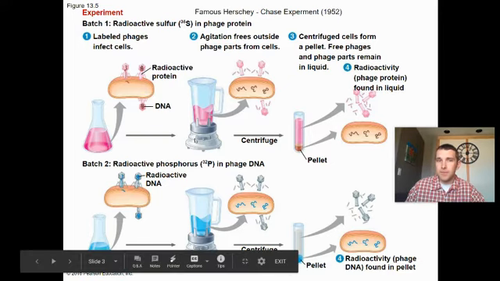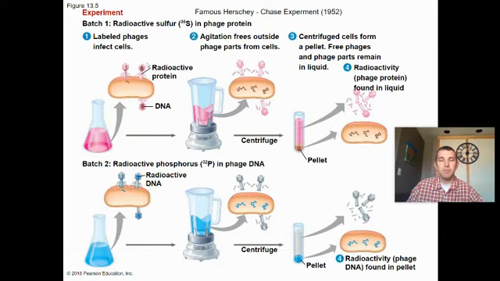So what they were interested in is there was, at the time, a big scientific debate about what it was that passed down the genetic code from one organism to the next. We knew about genes, we knew about Mendel, who had done research with peas. People were starting to really hone in on what molecule is responsible. And it was known that there are some things like DNA and RNA floating around, and we also knew that there were